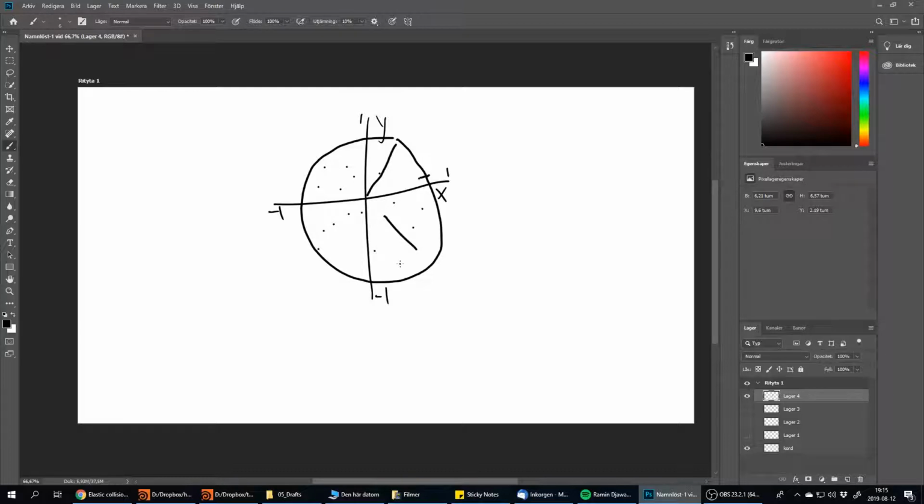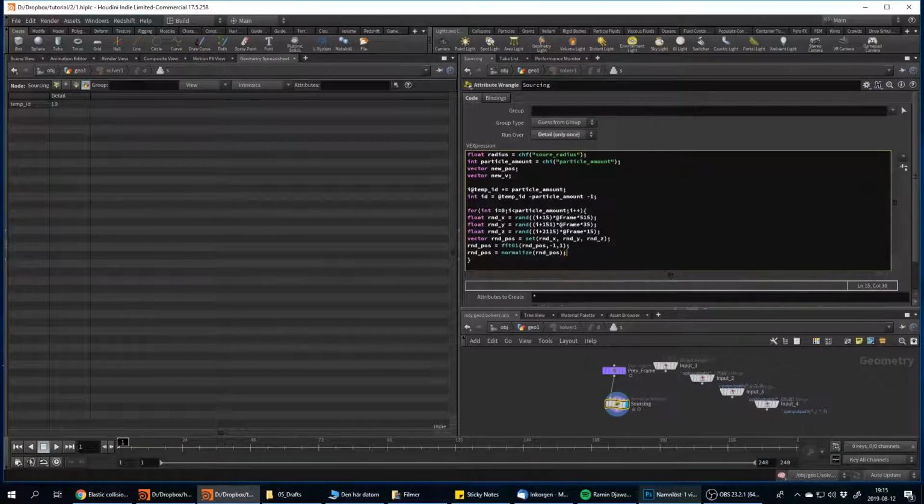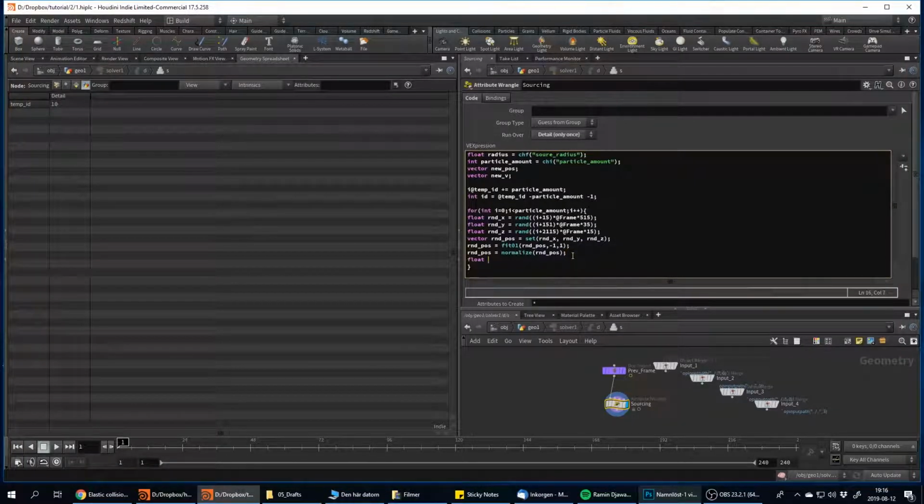So we need to give these an amplitude so it's not stretched the entire way, and we can easily do that by just giving this amplitude. If they are out here, then we get a random value which says how far on this line they get. So maybe one gets there, and maybe one is out here, and it gets moved back there, etc., etc. To do that, we have to make another variable, which we call amplitude. So we do float amplitude equals